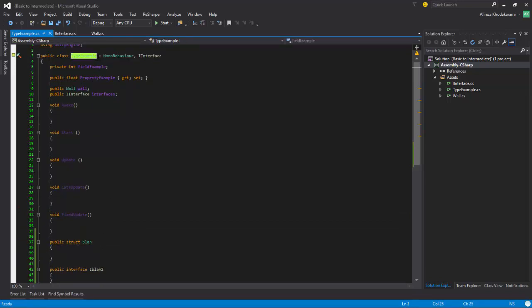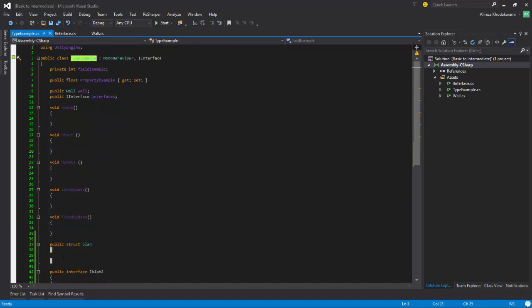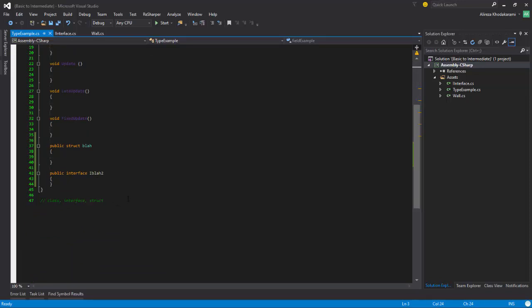inside another type. So by itself, it would be a type. But because it's inside another type, this type is a member of this type. It's getting confusing, isn't it? Yeah. So